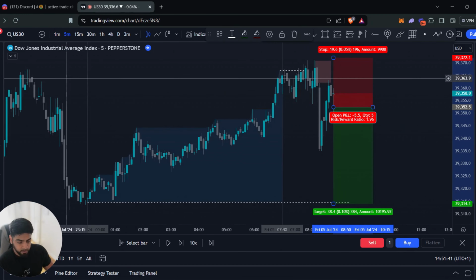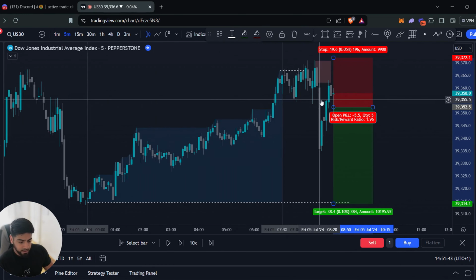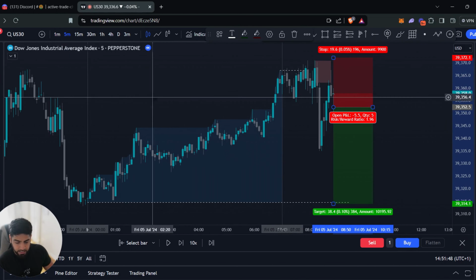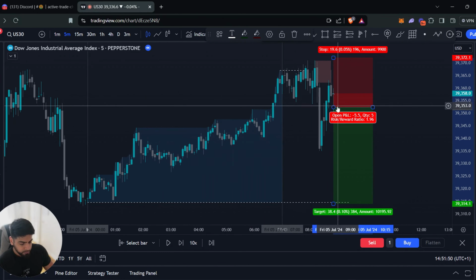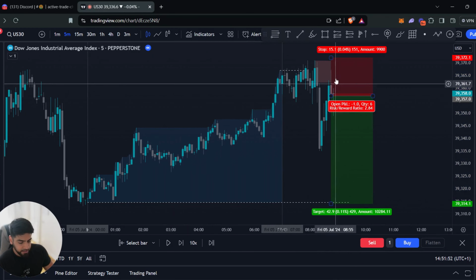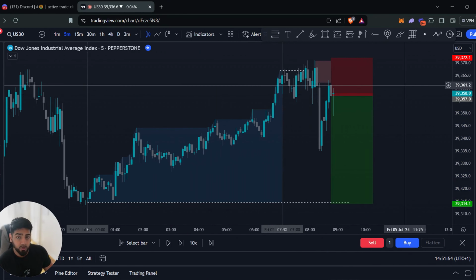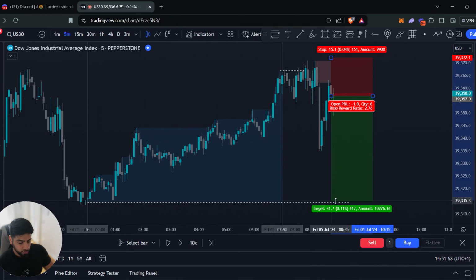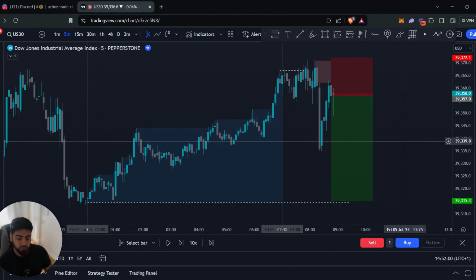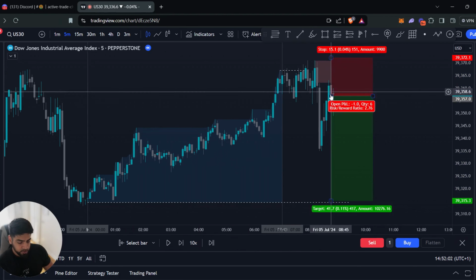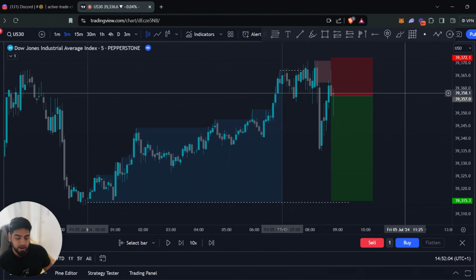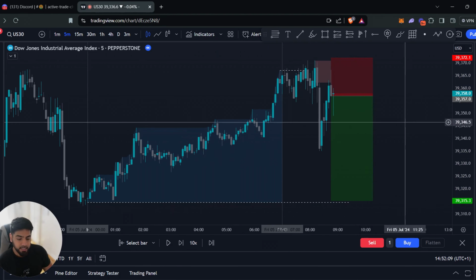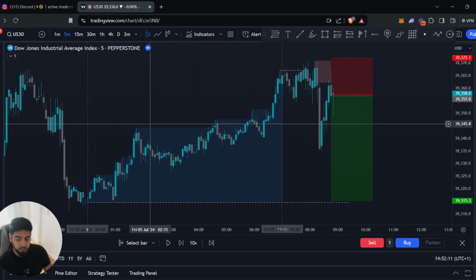So now if I go up to the 5 minute, I can show you the exact point when we actually ended up taking our trade, which was right here on this rejection candle on the 5 minute. And as we can see, that works out to a 1 to 2.7 risk to reward. And as soon as we saw this rejection, we knew that price is now looking to go in the opposite direction. And this is actually where I sent the trade into the VIP Discord.